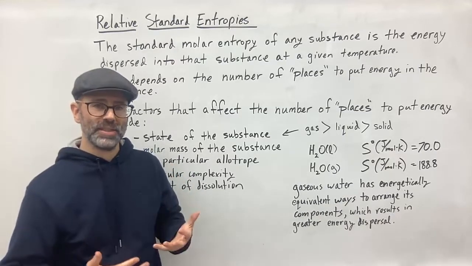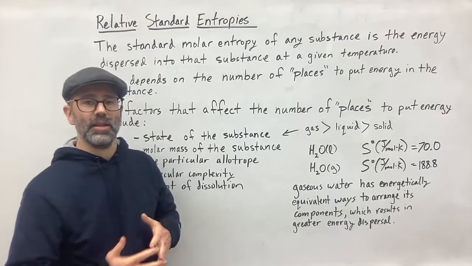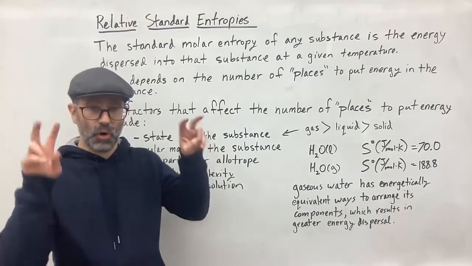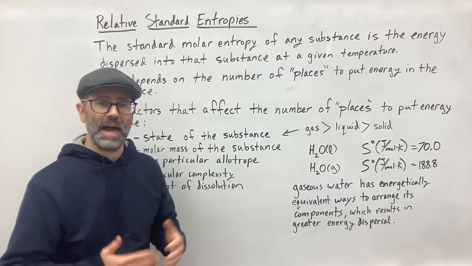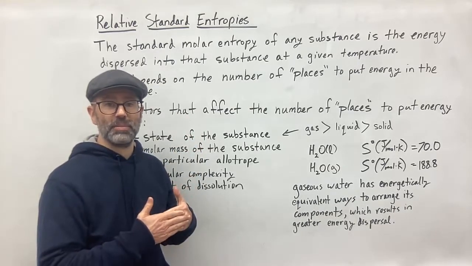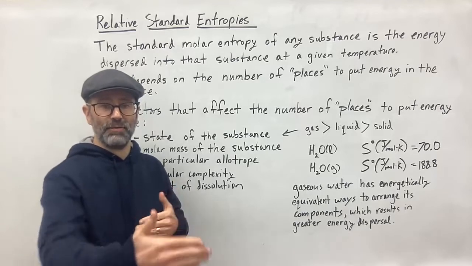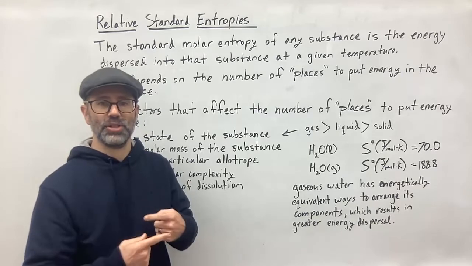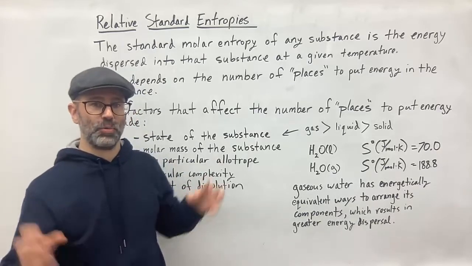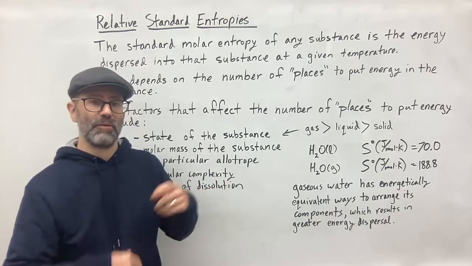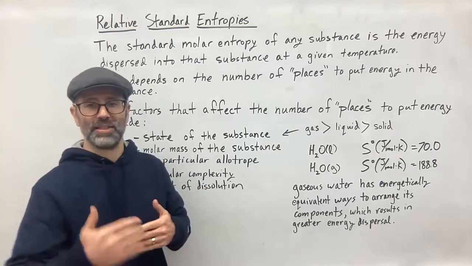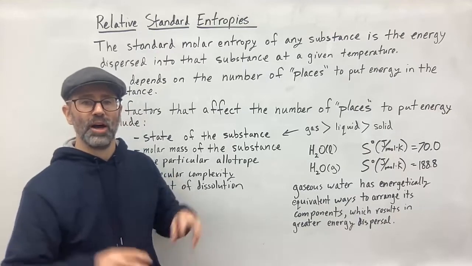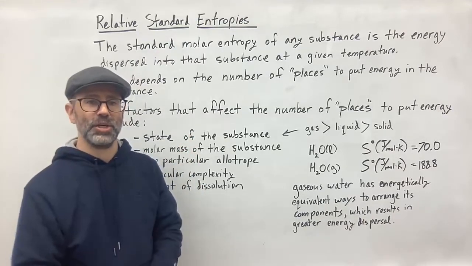But if you could melt the solid into a liquid, then you're now creating more places to put energy, because now you have the ability for the substances to move from place to place. You have locomotion or translational motion, and you also have rotational motion as well. So those are new places in which you can put the energy, right? So you've got rotational energy now, and you've got translational energy and things like that. So the number of these places that you can put energy will affect